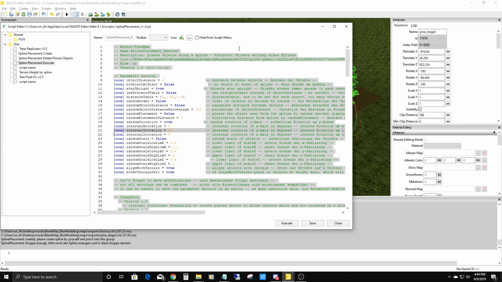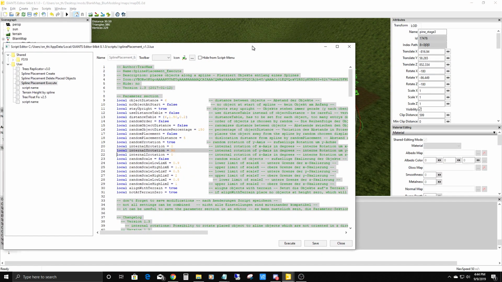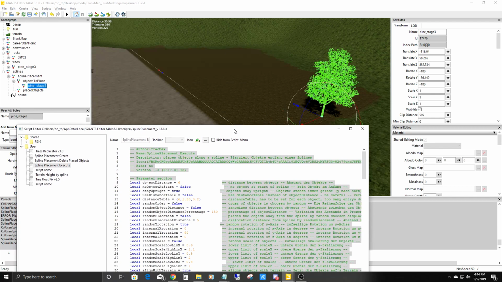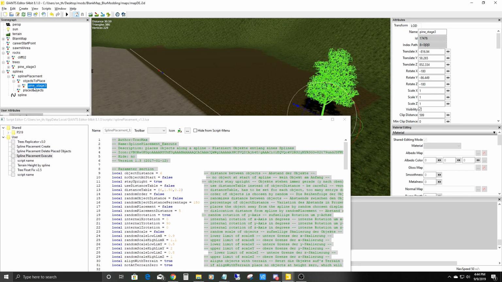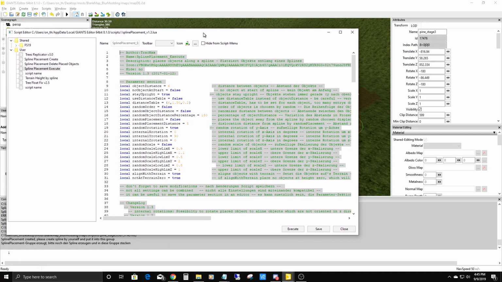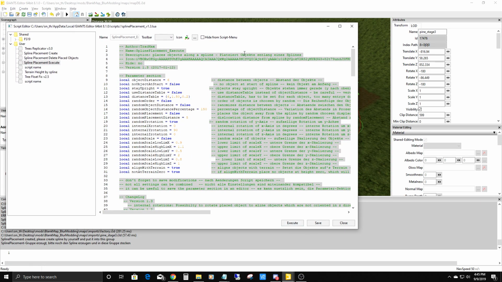Okay, so we've got the script set up like we need it to. Now hit save. All right, so that saves everything. Now we should be ready to go. We've got our spline placement, transform groups all set up. We've got our Pine Stage 3 in the objects to place. We've got our spline. It is at the start where we want it and at the end where we want it. So I believe now all that's left to do is hit execute,